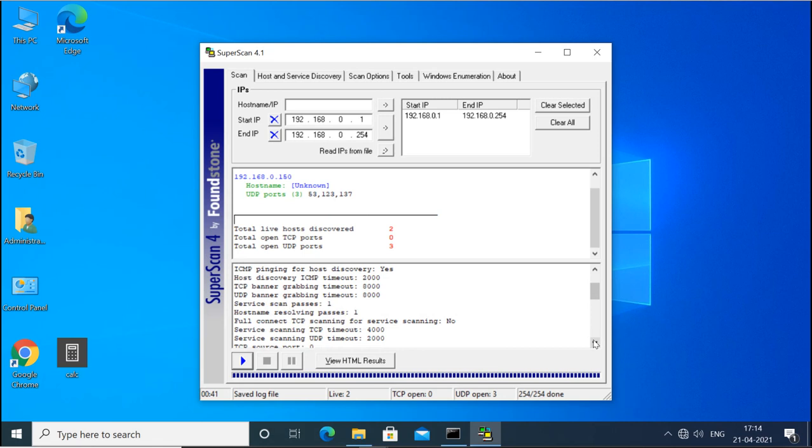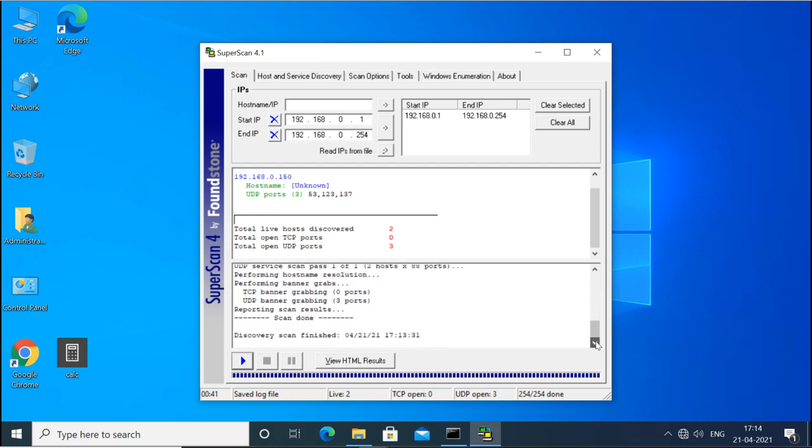Then it goes to service scan phase 1, then host name resolution, then full connect TCP scanning for service scanning. Then it does all those things. The scan started here, and the result we see here.